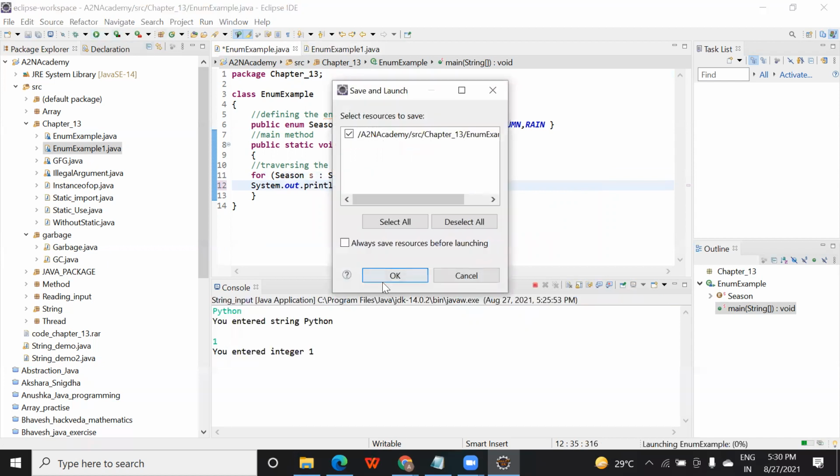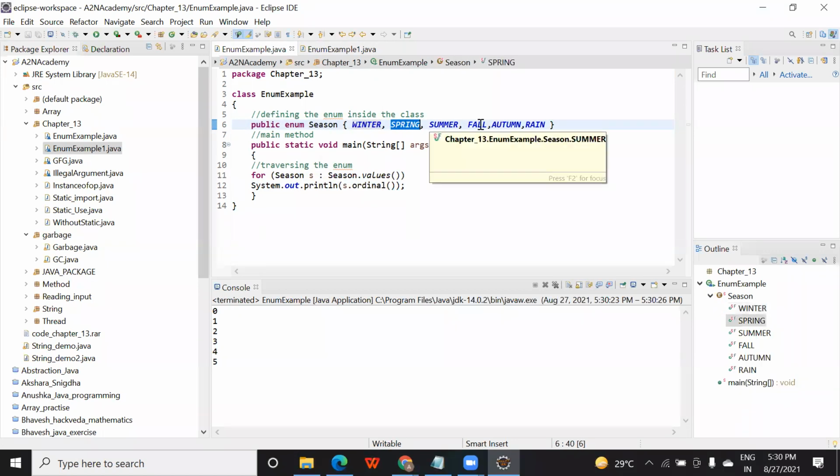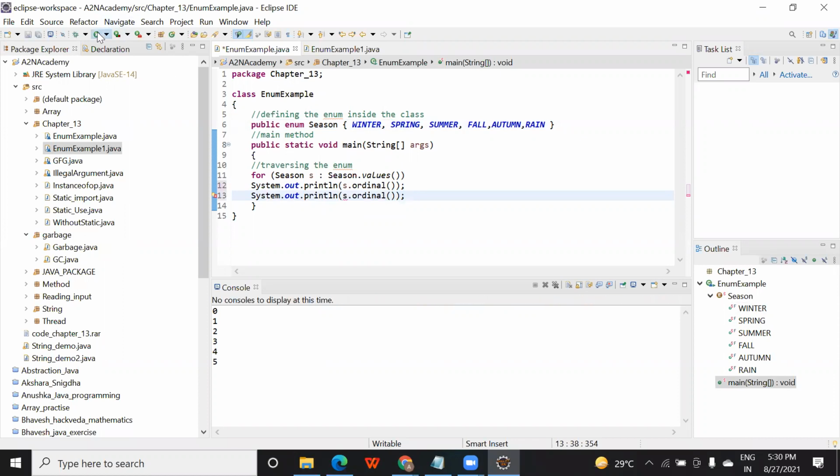So you can get the order of those values. You can see 0 1 2 3 4 5, right? Index starts from 0. As I said, you can get the ordering of that, and you can get the value also. So enum is one data type whose ordering you can get, whose value you can get, and you can define your data type based on your requirement.